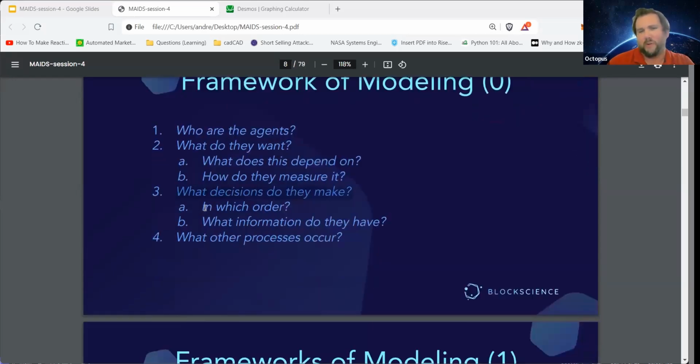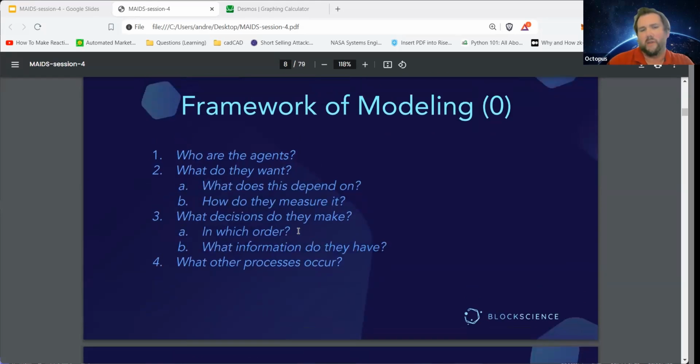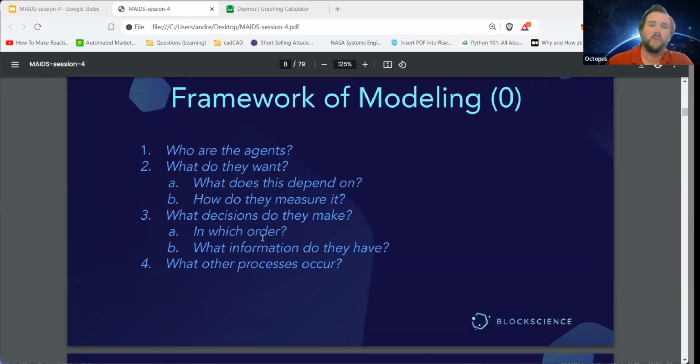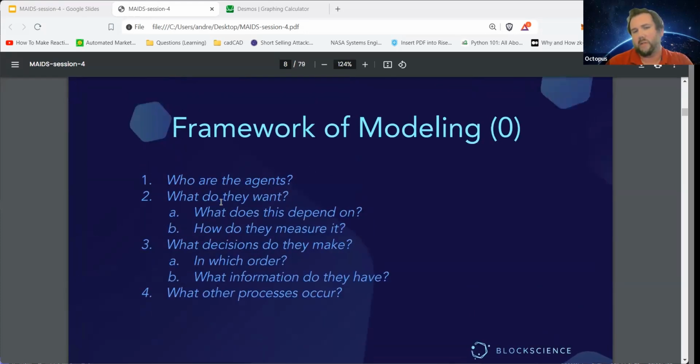In which order? And what information do they have when they make these decisions? These are the decision rules and strategies that agents have. And again, even if we're not building a MAID representation, if we want to think in terms of agents, utilities, and decisions, if we can pin down and ask these questions, it gives us an entry point